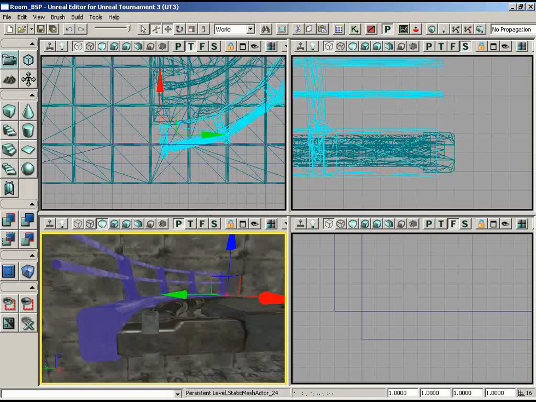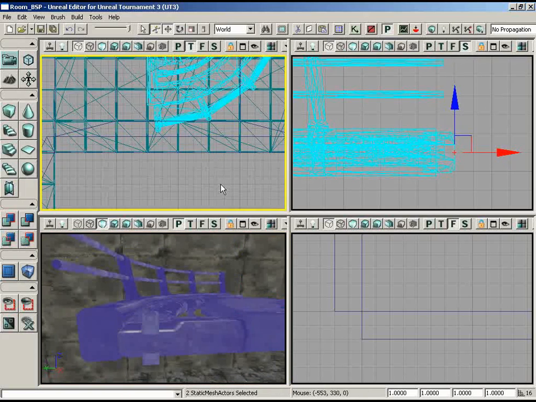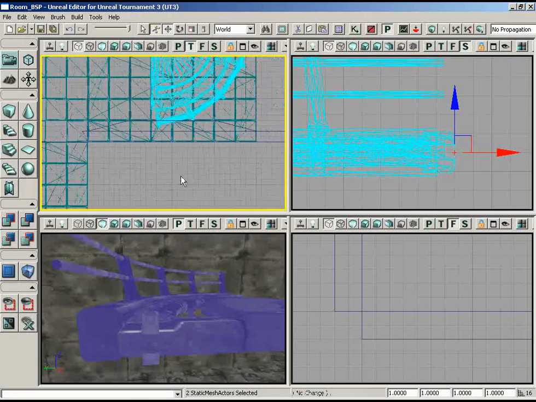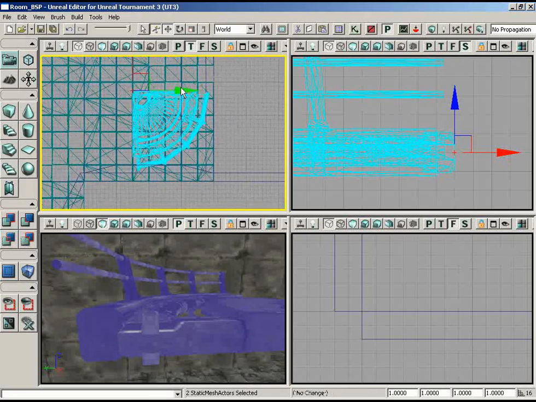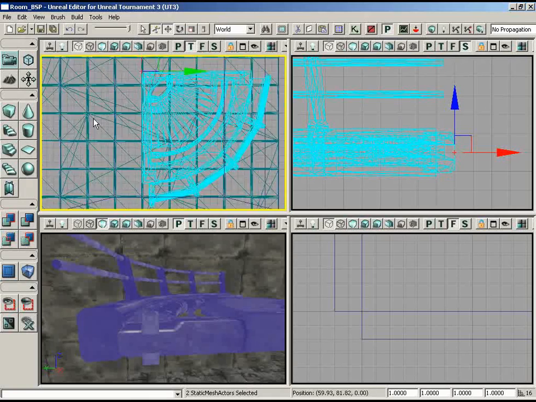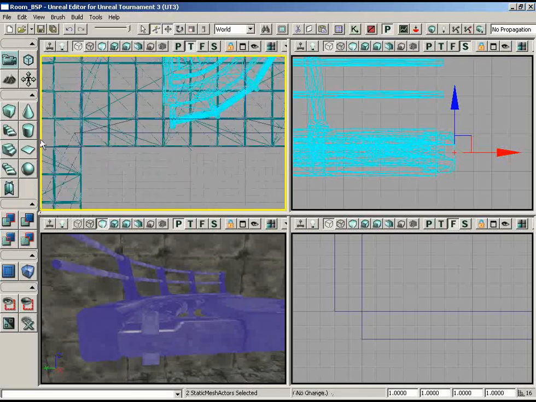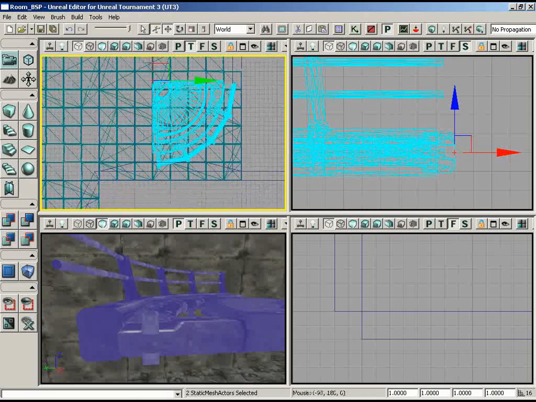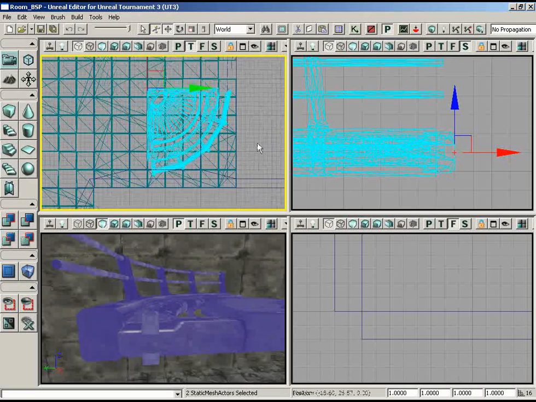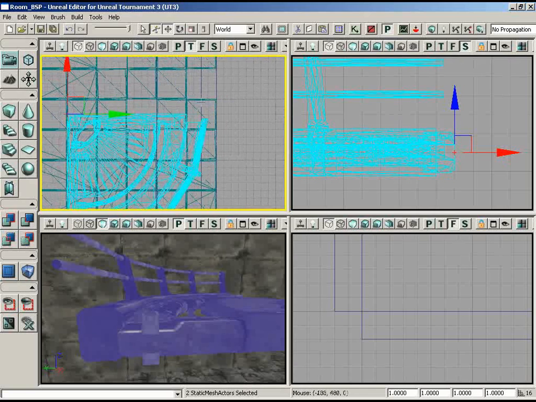But with this mesh in place, I can now tell exactly how far away from the wall I need to be when I set these up. So that's in X, that's actually looking pretty good, because if we move it any more on a 16-unit grid, it'll probably drop it right through that wall. I want to keep it just outside of the wall on that side. Now on the other side, we've got